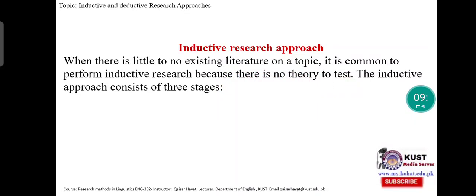Student, what is theory? Theory is a supposition, that is, a collected conclusion. So if there is no literature available and there is no theory already made to test, because in most research you do what? You take a theory, you follow a theory, and you tell whether it's following or not. But in this case, when there is very little data available or no data available, definitely you would perform inductive research because there is no theory available. The inductive approach consists of 3 stages, and these stages are